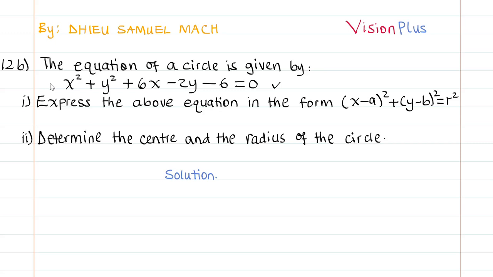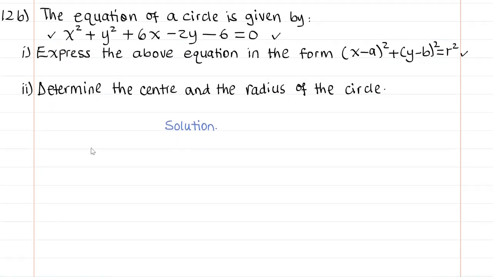The given equation is in the expanded form, but they want us to express that same equation in the factorized form. This is the factorized form that they want, and they have given us the expanded form of that same equation of a circle. So simply, what we need to find is the coordinates of the center and the radius. So without wasting time, the solution to this is,